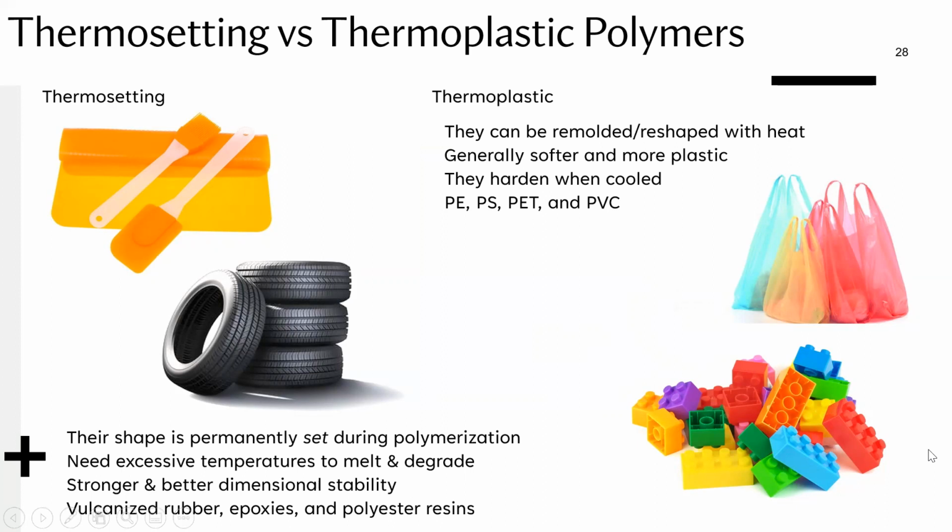These materials are called thermoplastics. A good example for these is these plastic bags. If you heat them up, you'll see that they start deforming, or these Lego blocks. If you heat them up, they're going to completely go out of their original shape,